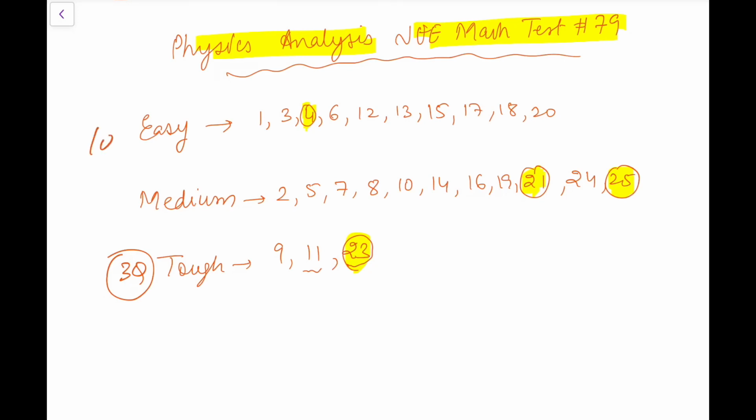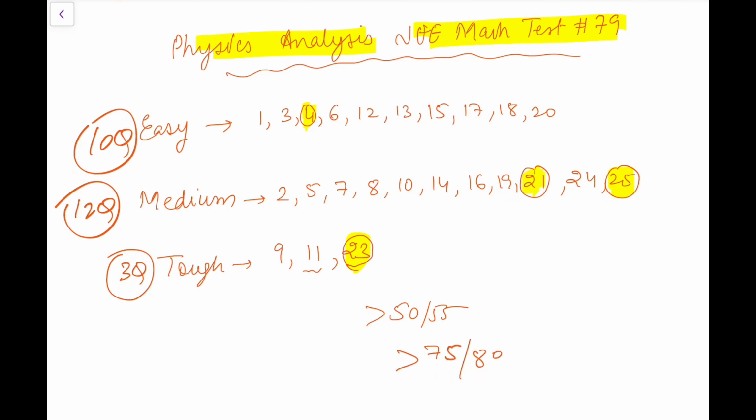Here we have almost 10 questions that are easy, 3 tough, and the remaining 12 medium. So the paper is quite testing because of the mistakes. I had to recheck. Otherwise you can say it's slightly higher than medium difficulty. Anyone getting 50-55 plus is doing a decent job, and those looking for advanced should get 75-80 plus in this particular paper.